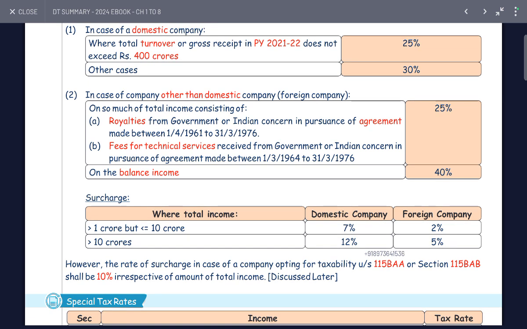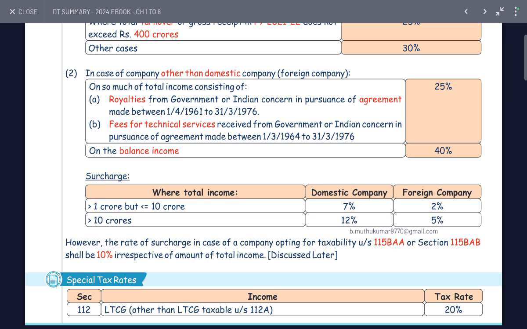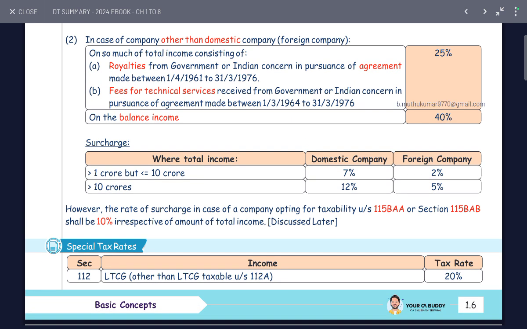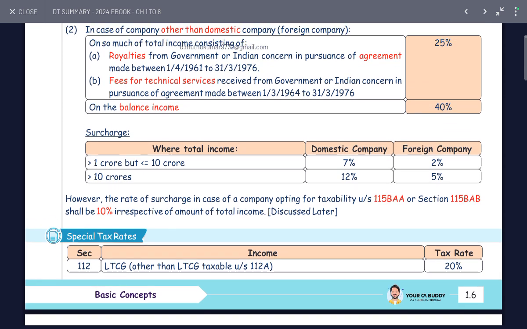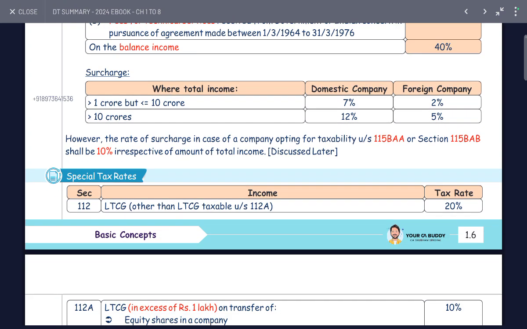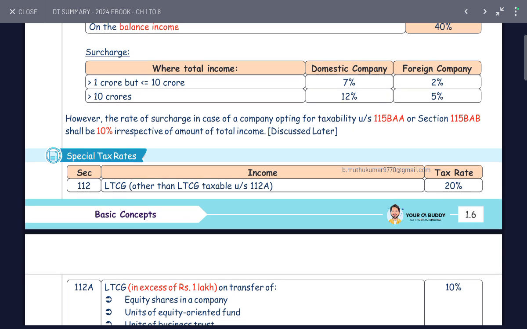Such total income consists of royalty from the Government of India pursuant to a purchasing agreement made from 1st April 1960 to 31st 1976, and fees for technical services received from the Government of India pursuant to an agreement between 1st March 1964 to 1976, taxed at 20%. On the balance income, 40%. Surcharge: 1 to 50, 10 crores domestic 7%, foreign 2%; more than 10 crores domestic 12%, but foreign